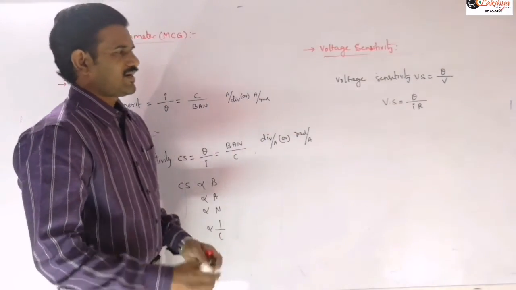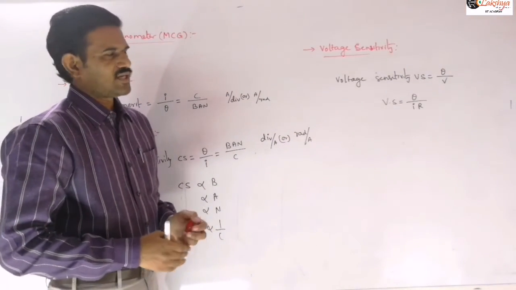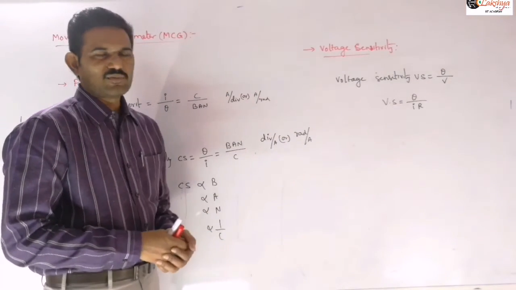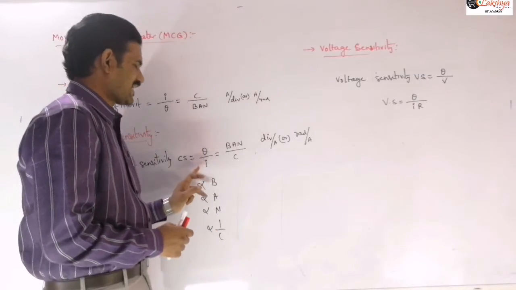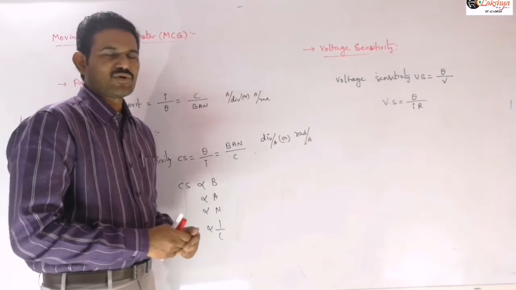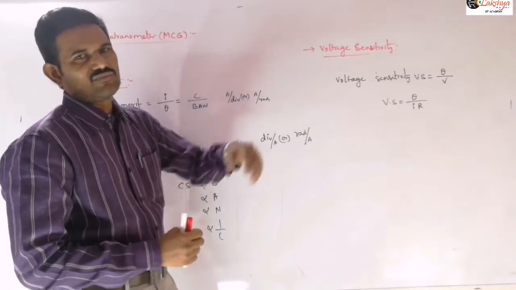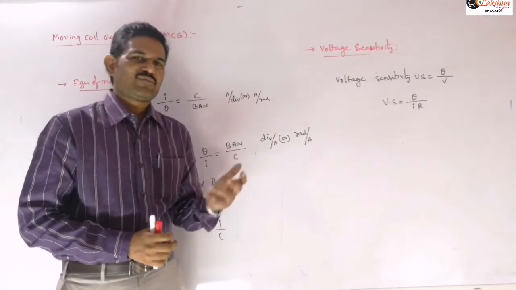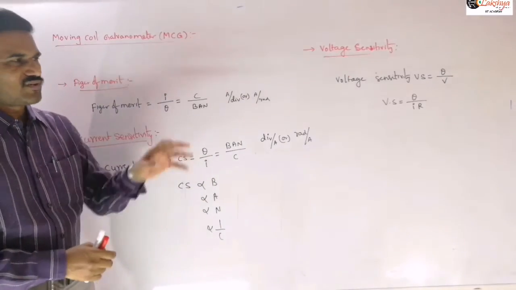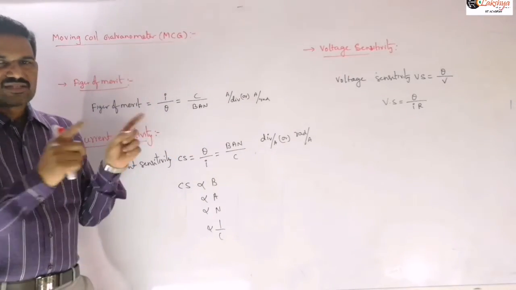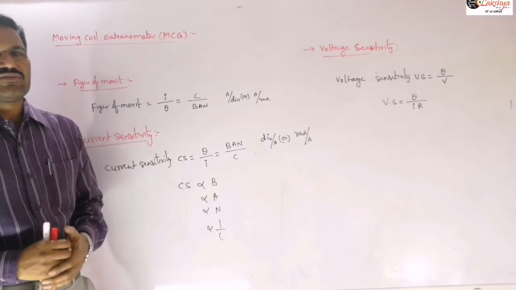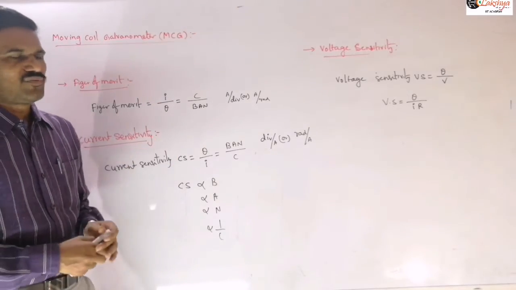Therefore, this voltage sensitivity is deflection per I into R, you can write. So on that, V is equal to IR, the formula we are writing here, or sometimes it can also be defined as the ratio of current sensitivity to the resistance of this galvanometer. That R is nothing but the resistance of the galvanometer, and in some books that will be represented with G, the resistance of the total coil or the resistance of the total operators. That is the meaning of that R there.